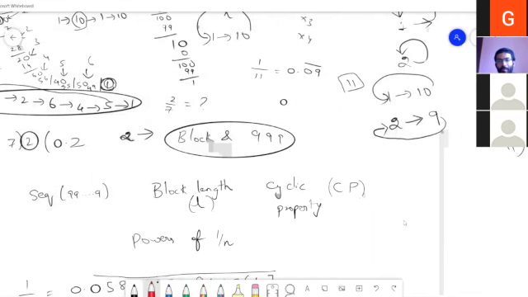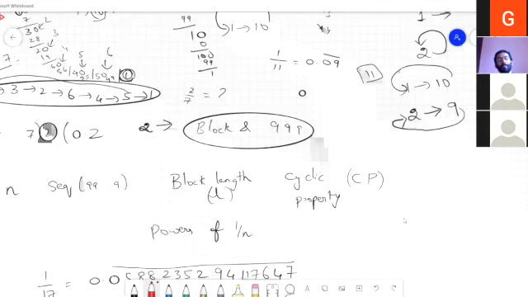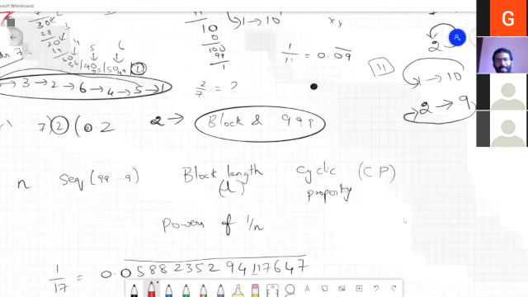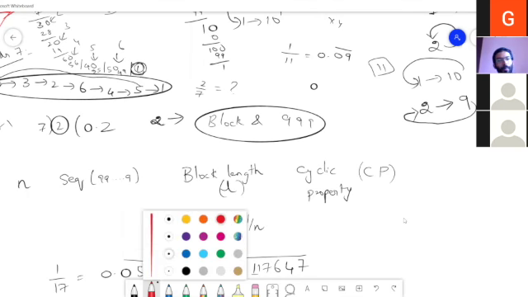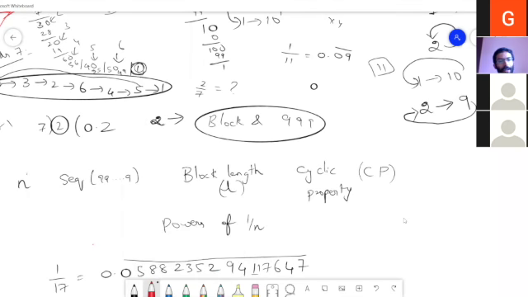But of course, you have come up with some very nice observations. Analysis of this is also difficult. But if you just have to summarize the key parameters that we are dealing with: one is the number n, since we are looking at 1 by n. And then the smaller sequence of nines which is a multiple of n. This is one more parameter. And then the block length of the repeating block.